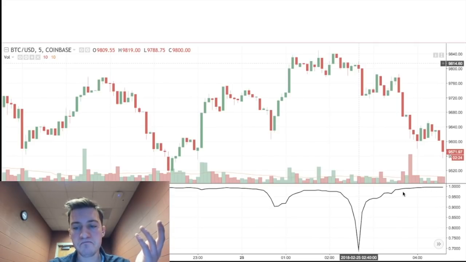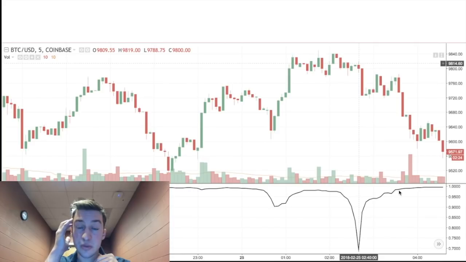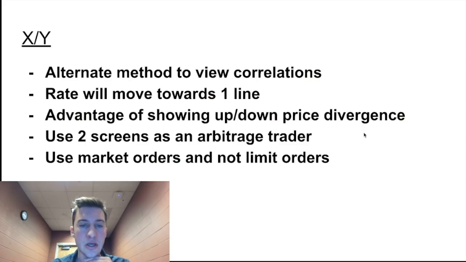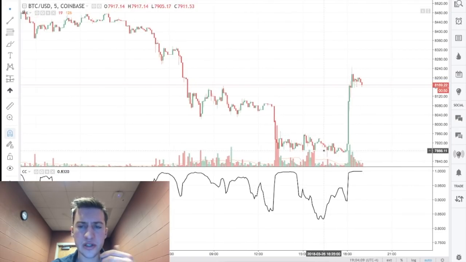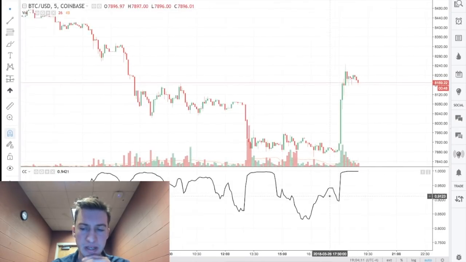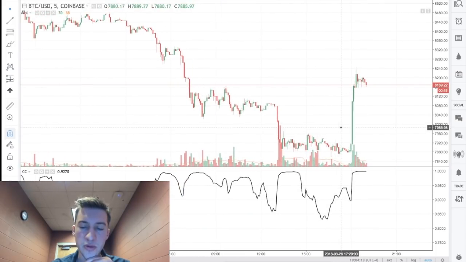And of course, that occurred because the correlation does not care whatever way price is moving. It doesn't even signal reversals. It just signals inconsistencies in the market. And here GDAX and Bitfinex were both moving down. All right, so that's the first method of basically just looking for correlations and inconsistencies in the market and then trying to trade against them.